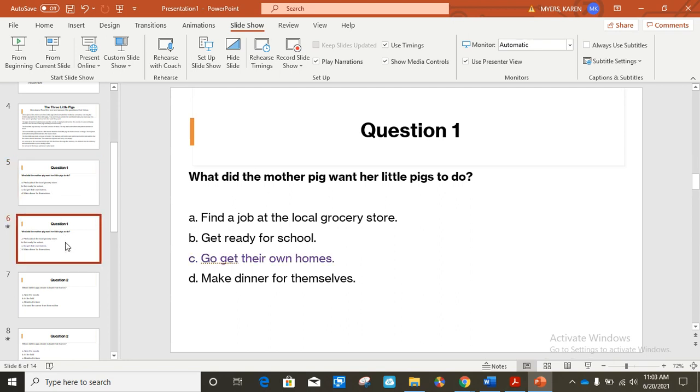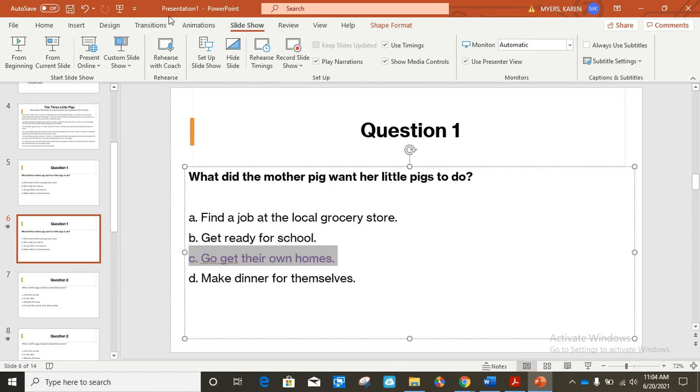Once I completed making the exact copy of this slide, the next thing I want to do is let my students know what the correct answer is. And I do this by setting off my correct answer choice. So for the purpose of this presentation, what I've done is I'm going to highlight